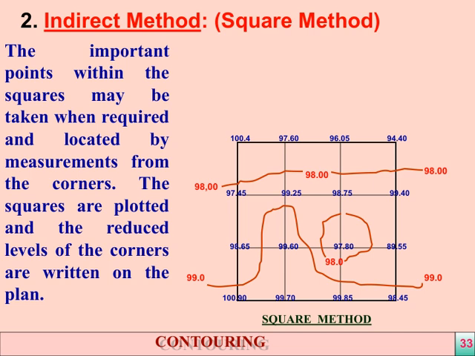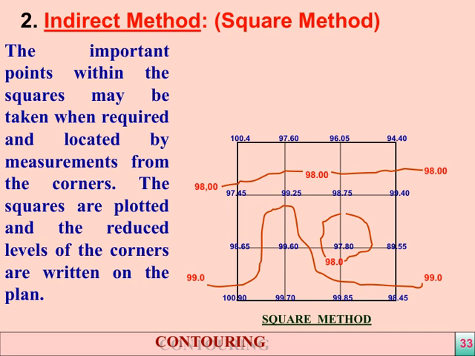The process involves plotting these squares on the plan and writing the reduced levels of the corners. From these corners, measurements are taken to locate the points of interest, usually the highest or lowest points, or those critical for contouring. This method is particularly useful because it simplifies the process of mapping and leveling over complex terrains,